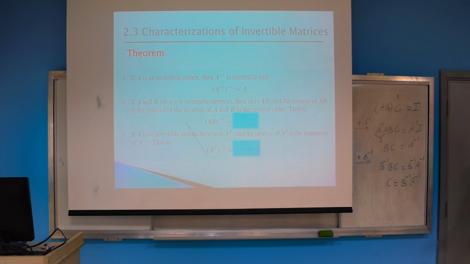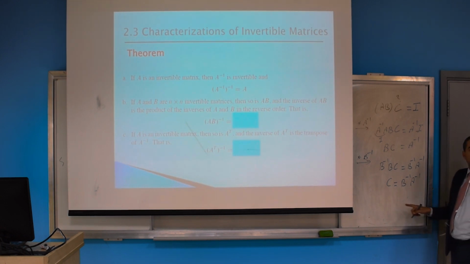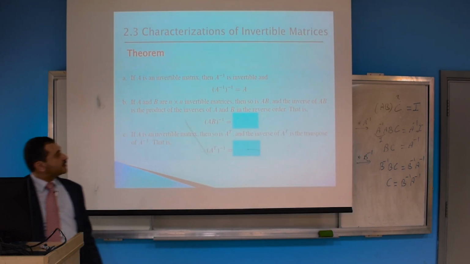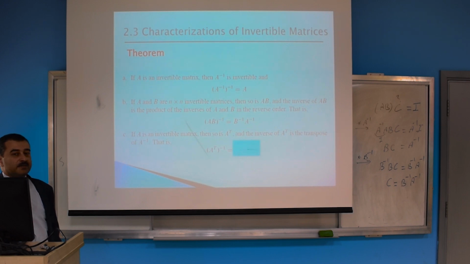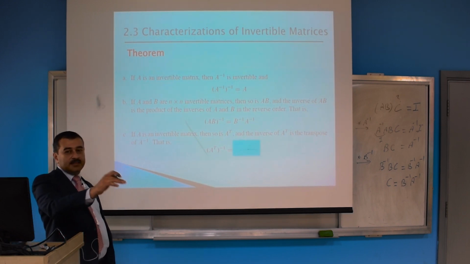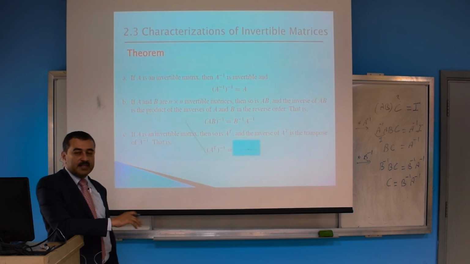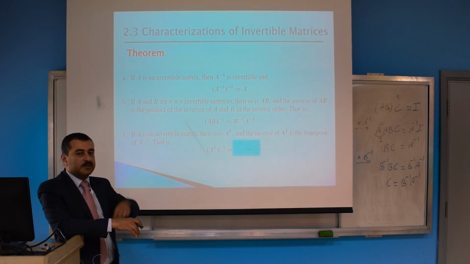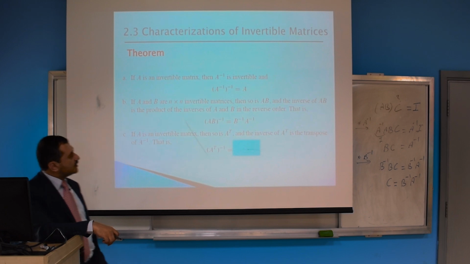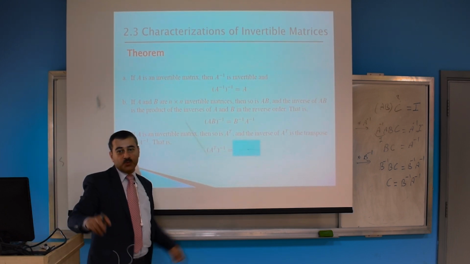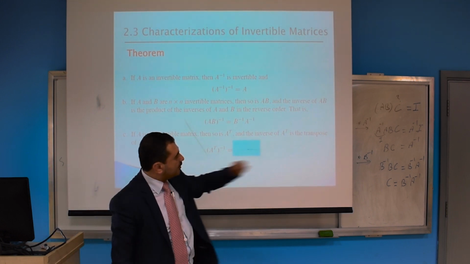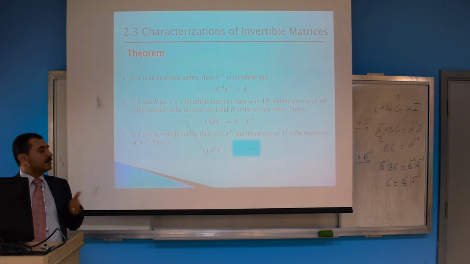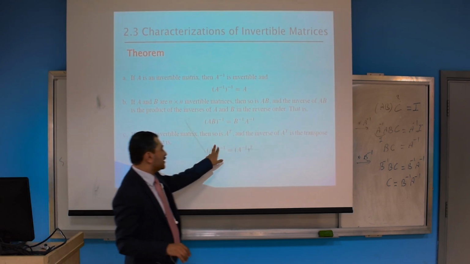so in reversed order, like the transpose, if you remember. So yes, the inverse of AB is inverse of B times inverse of A. And if you have ABC, the inverse of ABC would be in reversed order: inverse of C times inverse of B times inverse of A. What about the inverse of A transpose? You can do something like what I did here, and you'll find that this is the transpose of the inverse of A. So you can switch these.